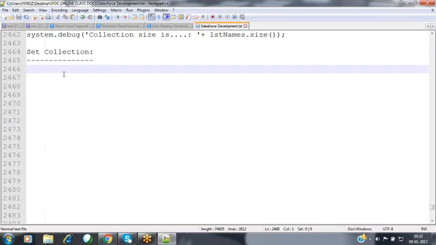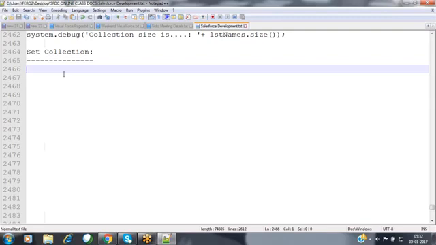What exactly is the set collection? What is the use of the set collection? Now let's see here. As you are aware, set is also one of the collection types. Nothing but this is a class which is used to hold a collection of elements. In order to store a collection of elements, we are using this set collection. Now when coming to the set collection, what kind of features does it offer to us? We'll see now.